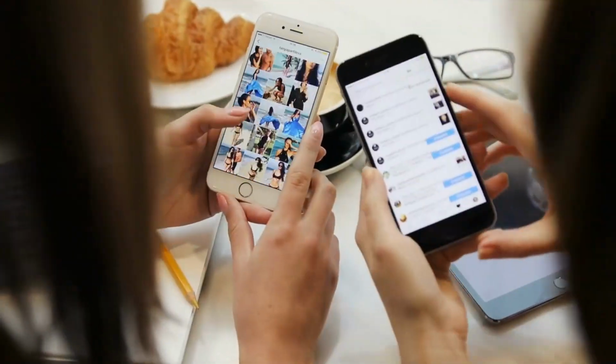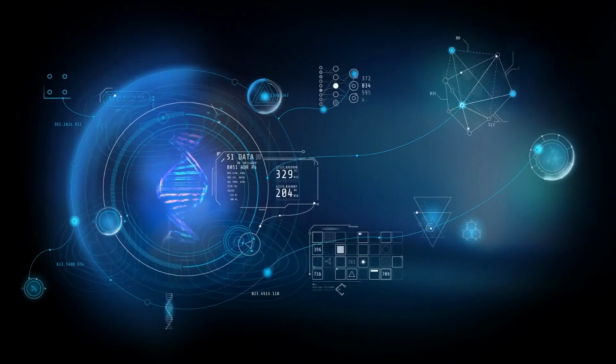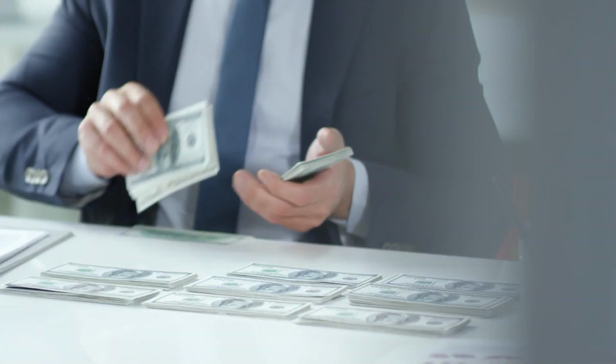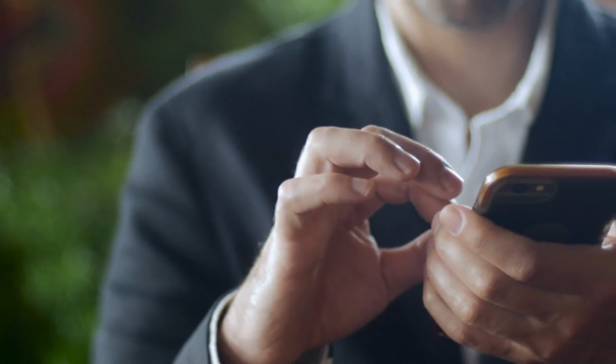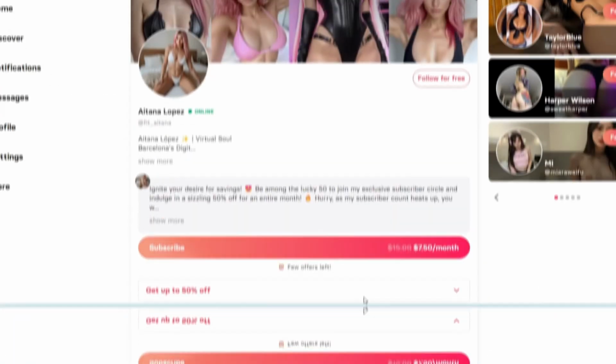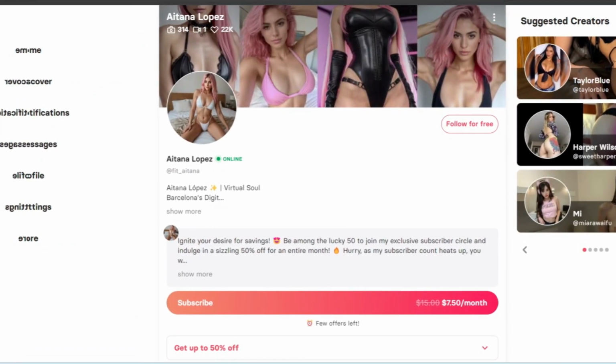AI influencers are the new game changers in the content creation world. What if I told you that AI influencers are raking in tens of thousands of dollars every single month? This isn't the future, this is now, and you can be a part of it. Just take a look at creators like Emily Pellegrin or Atiana, AI influencers making $20,000 a month by leveraging AI